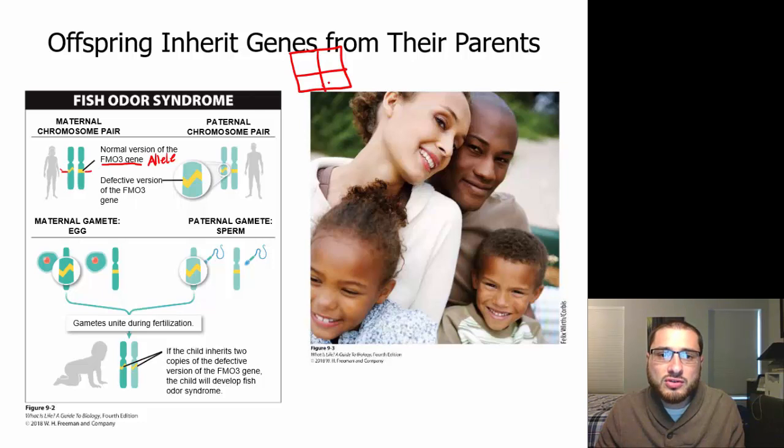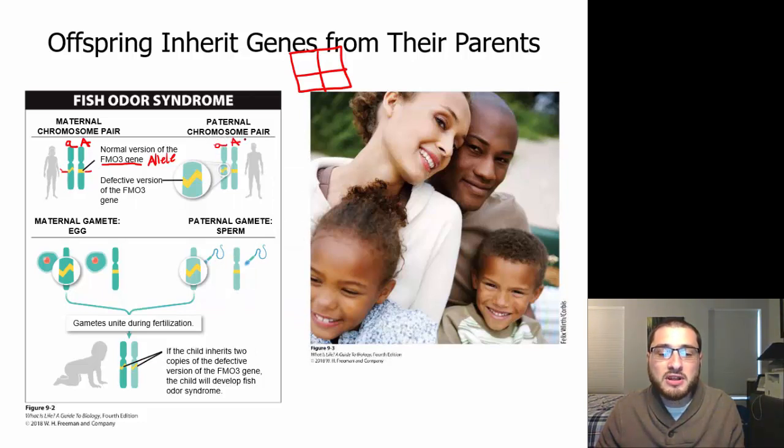And it was set up where there's an uppercase and a lowercase letter. So uppercase letters represented our dominant alleles, and lowercase letters represented our recessive alleles. So if we were going to look at this in that way, we would say that this one, our normal one, could be our uppercase A, our dominant, and this one could be our lowercase a, our recessive. Now the father might have the same thing where he has one recessive allele